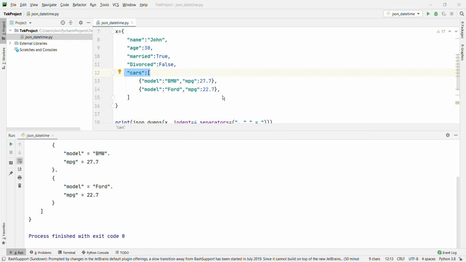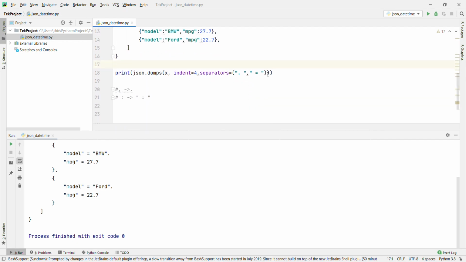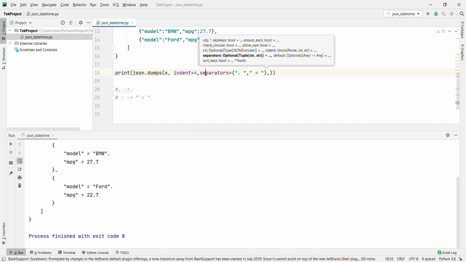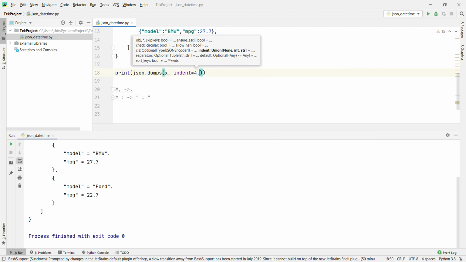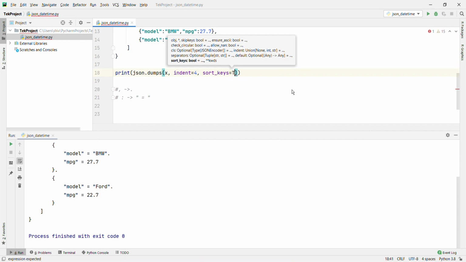Let's use the keyword. Separator is okay, remove the separator and use sort_keys equal to true. Now run it.